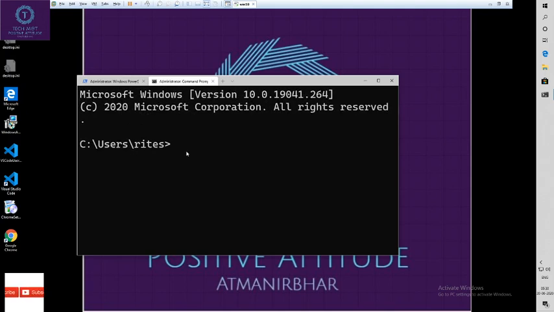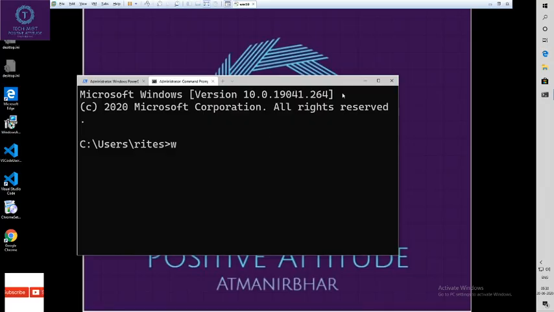We will write the command wsl --set-version followed by the image name.